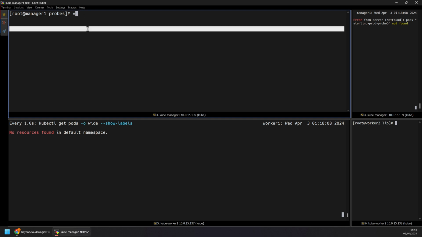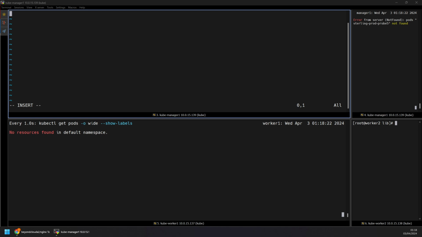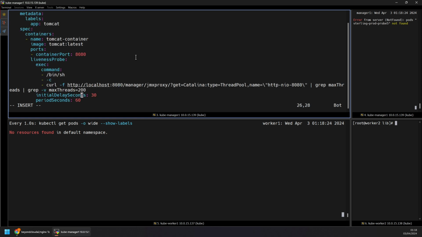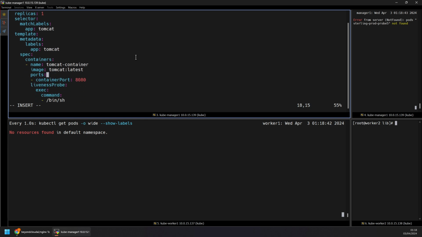So let's go ahead and create another file over here. I'm going to create probe 7. This is going to be talking about the liveness probe. I'm going to copy paste the deployment from your GitHub page where I've given you access. Here is the deployment, and I'm using the deployment name as Sterling prod probe 7. It's going to create one replica, with the matching label as app tomcat and the pod label as app tomcat, and it is going to use the tomcat latest container